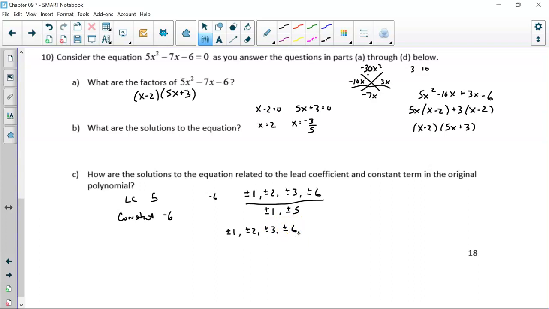And now when I divide those by 5, I get plus or minus 1/5, plus or minus 2/5, plus or minus 3/5, plus or minus 6/5. Negative 3/5 was one of our solutions, and so was 2. Those factors are related to our possible